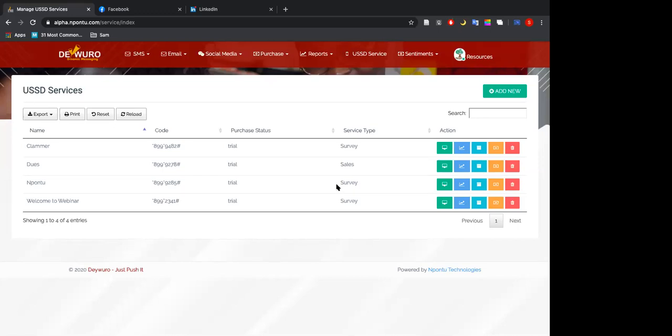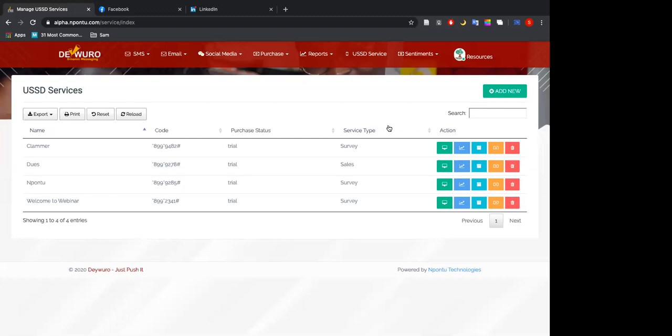Okay, let's do the recap now so that those who join late can also have a benefit of what we've been doing. For the benefit of those who joined late, we spoke about our dynamic USSD model on the Darrow platform. We mentioned that Darrow is a multifaceted value-added service platform where you can do your SMS engagement, email engagement,